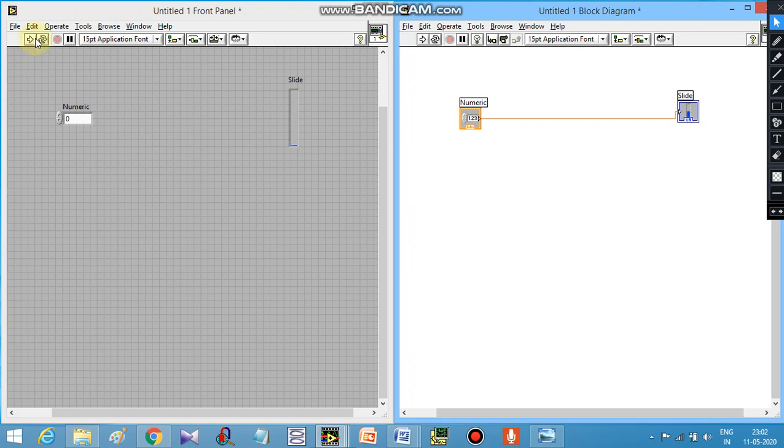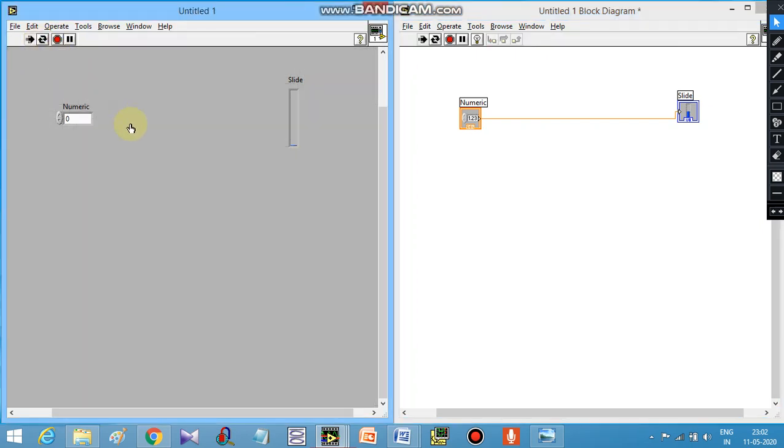So let us run this. There are two buttons, run and run continuously. Let us press run continuously. Then suppose I increase this value. This block diagram is the back end, it will remain in the back end of our computer after we make our model, and this is the front end.